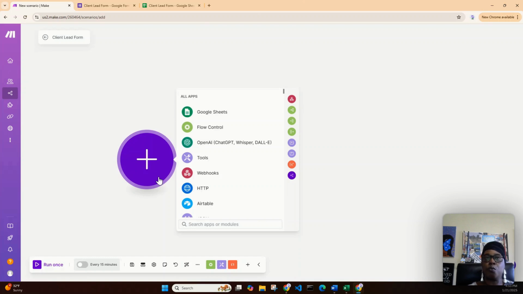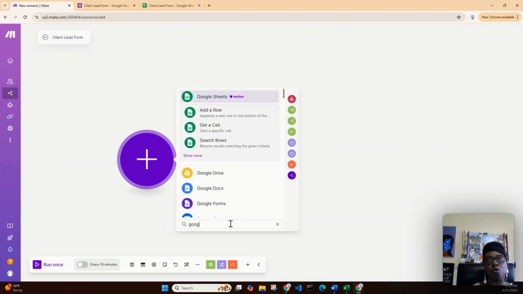That's the trigger. So what I'm going to do is click here on the trigger, and I'm going to type in Google Forms, and you see that there are some apps that are already right here. But what I'm going to do is type in Google Form,